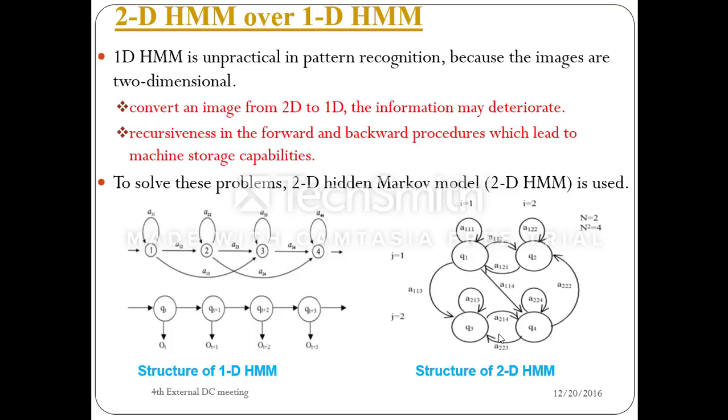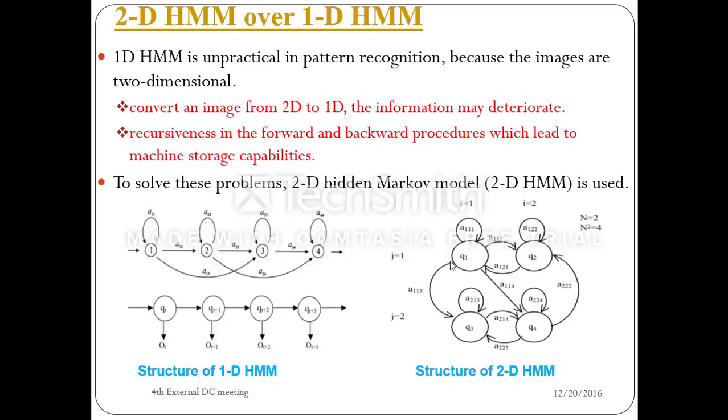What is the comparison with the 1D HMM, which is impractical for pattern recognition based on images? The 1D HMM goes in a single dimension through the Markov model to the final states, and it will not repeat. It goes straight on a single structure. In structure 2, the 2D HMM goes to the final state and it will repeat, and it converts the image to the HMM, in 1D HMM information made data rights,